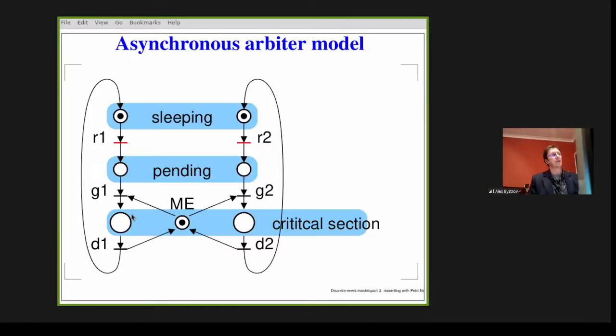So this printing of the poem, it's this place. I drew this and this in fat as a large circle. It's not because it's a different kind of place, it's just the same place, just highlighted as the place where important things are happening. Printing of the poem or accessing the shared resource.